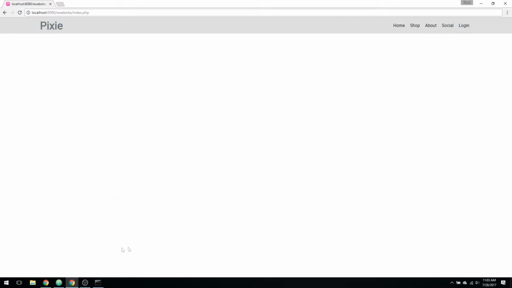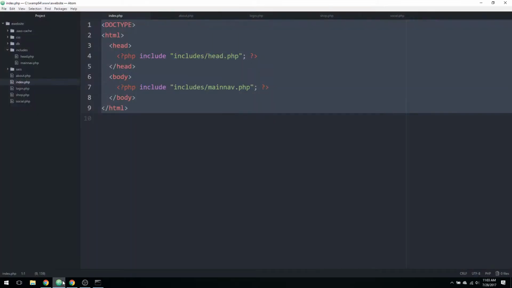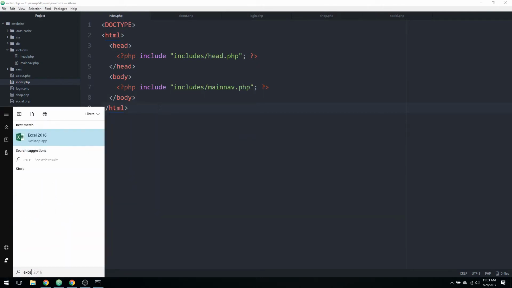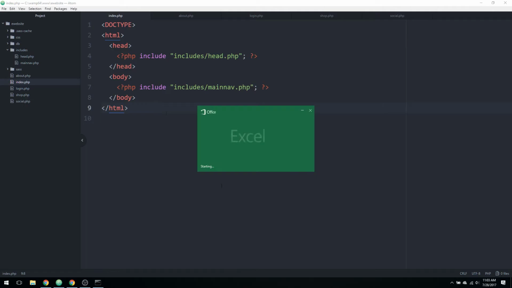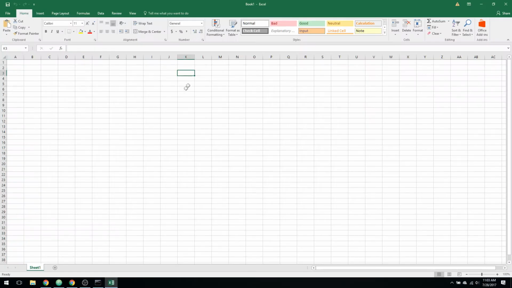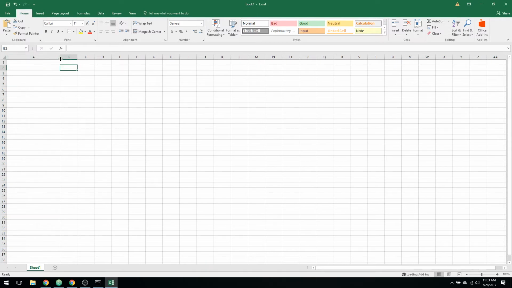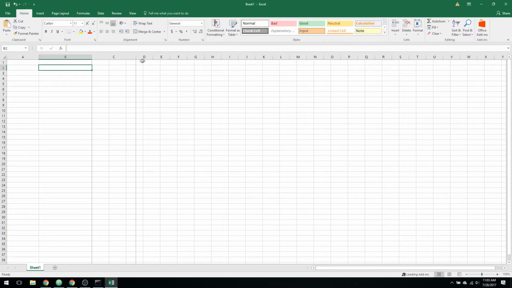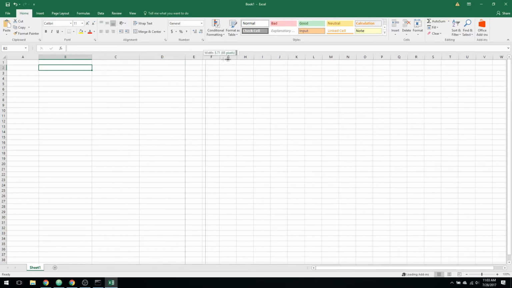So now that every page has a nav bar, I guess what we can do is get to the heart of the website, which is making an e-commerce website. So I think we're going to open up Excel. If you don't have Excel, there's this thing called Google Docs as well. You could use that. And I'm basically going to use this as a template for creating a table in my database. So I don't know what we're going to be selling,